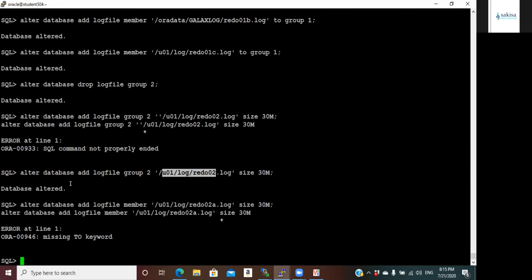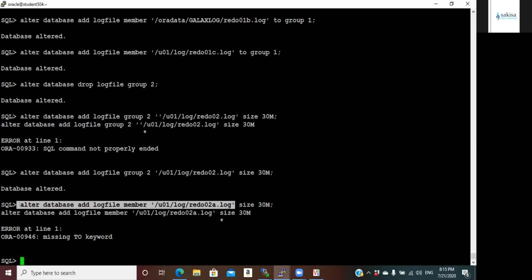Missing alter database outlook file mem. Okay. Everybody sanitize.